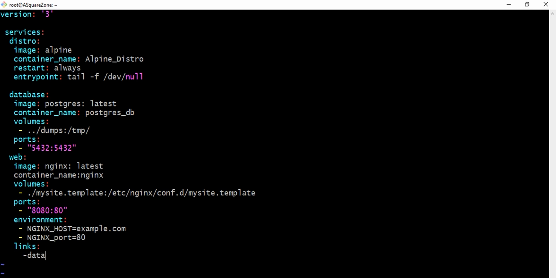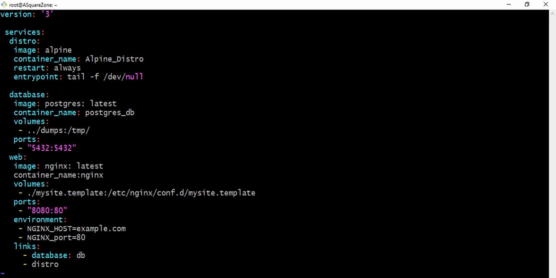So as we mentioned database as DB on Postgres DB, so I'm giving DB here. Here we need to give database along with distro. So this is the file to compose multiple containers as single application.